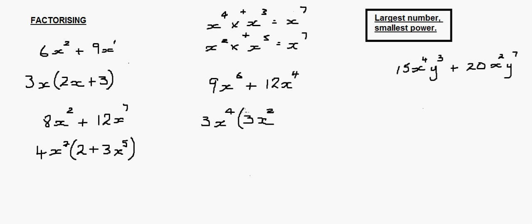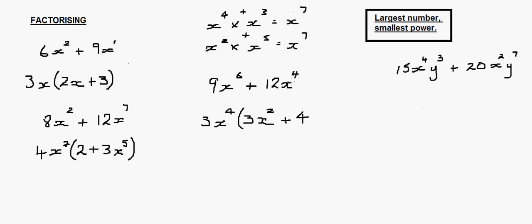So x to the 4 times x to the 2, 4 plus 2 will give me 6. Okay, plus, and then I'll start again with this. Now 3 times 4 will give me 12,